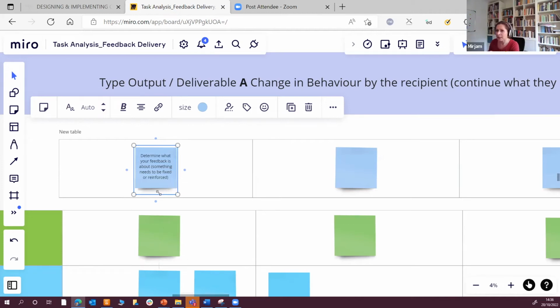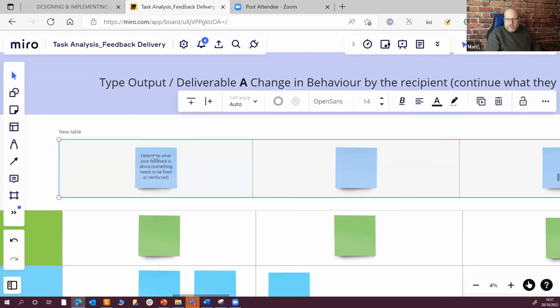It looks to me that there's a step before this, namely you need to be able to determine what your feedback is about based on something else. Yeah, I think this gets tricky because feedback is usually embedded within something, right? Whether I'm coaching or project managing, feedback is usually contextual to something that I'm already doing.